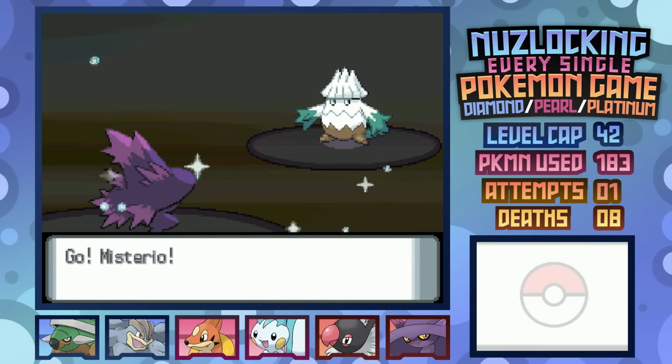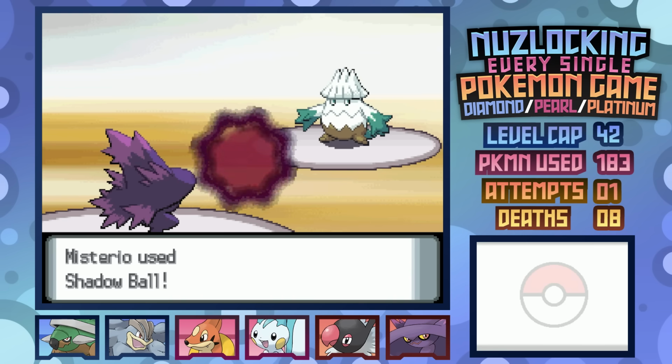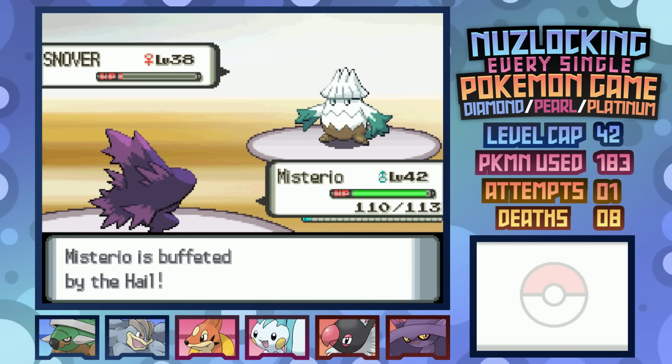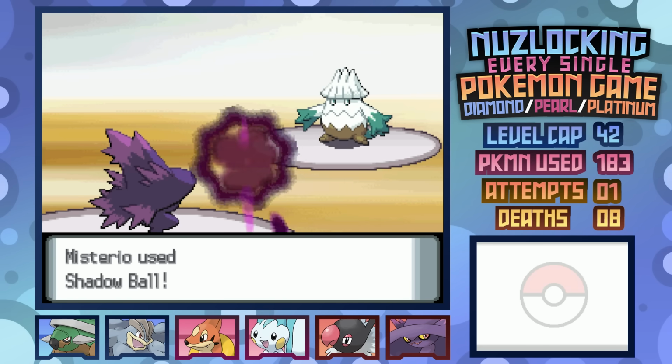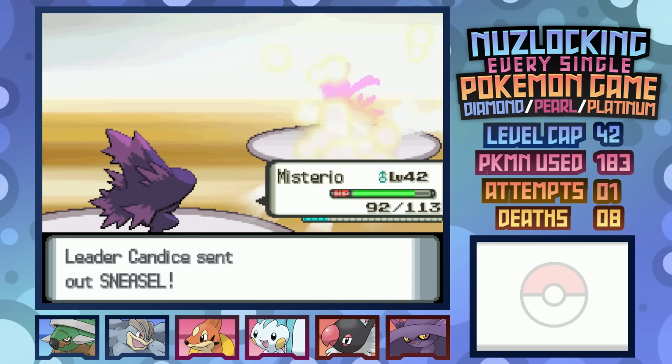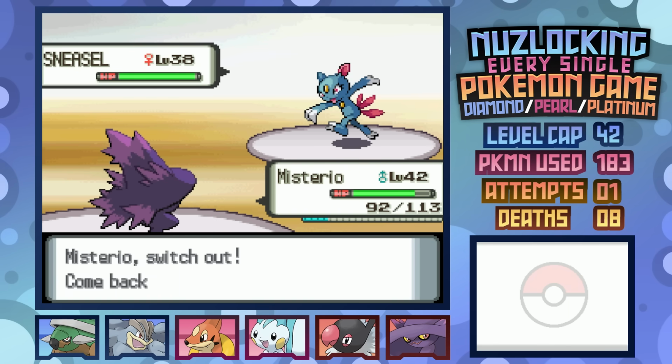Anyway, Mismagius starts out here against Snover as Shadow Ball barely misses the KO, should have picked up the Spooky Plate before this, as Candace wastes a Hyper Potion, heal locking her and allowing for 2 more Shadow Balls to pick up the KO. Second out is Sneasel, so of course we gotta swap out here, going straight into Machamp